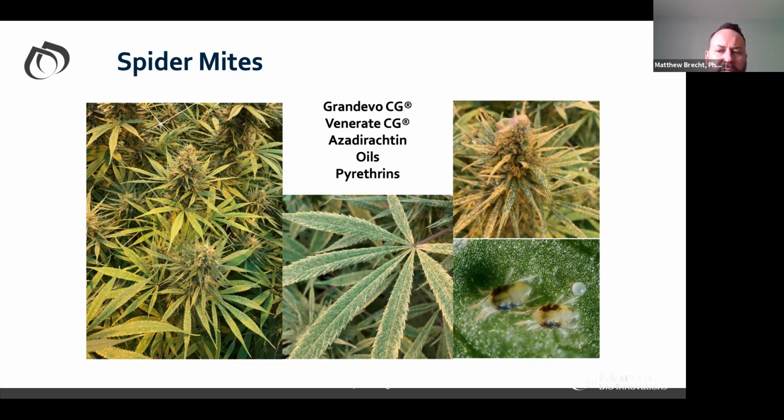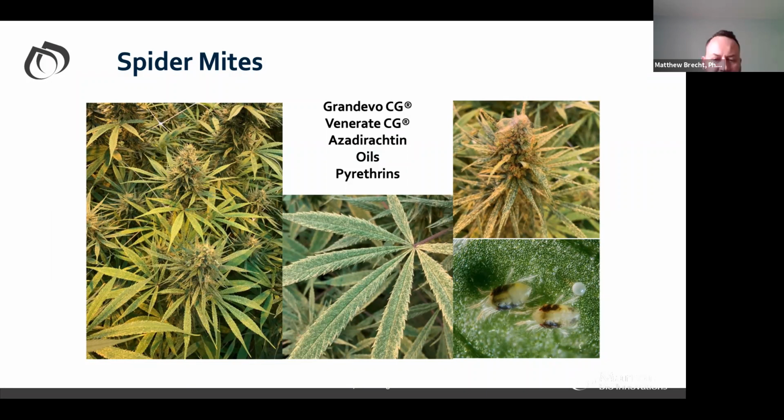The other thing you can use, obviously, is beneficial insects, right? We haven't really talked about beneficial insects, but if you're going to be using them, you want to make sure that you get the population of spider mites or russet mites or whatever insect you've got under control, and typically you have to use some of these products. And then once you get the population under control to some extent, right?